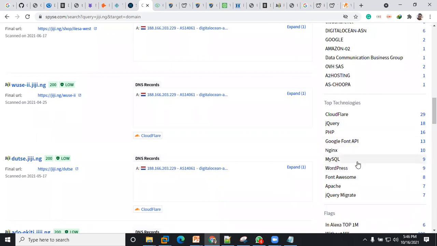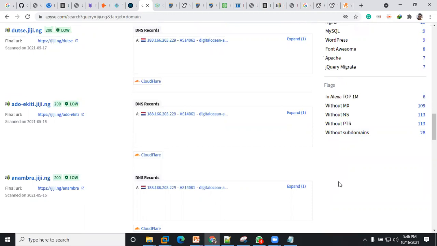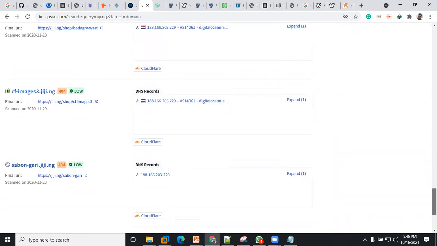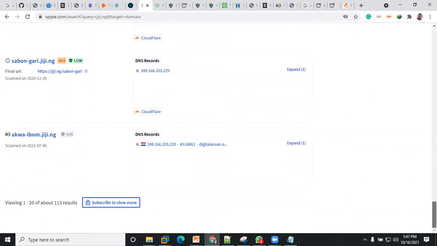WordPress, and it just gives us an indication that MySQL is used as a database, right? So it's not using SQL Server or PostgreSQL, and it's not using NoSQL. It's using MySQL. They are using Apache. So these are basic information about, what's it called, GG.